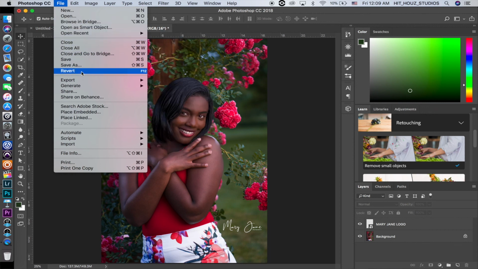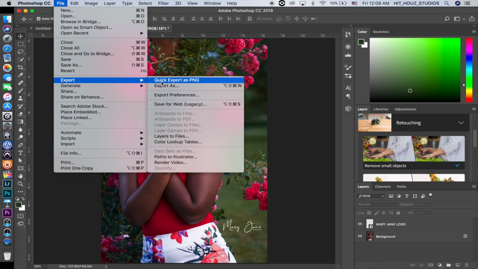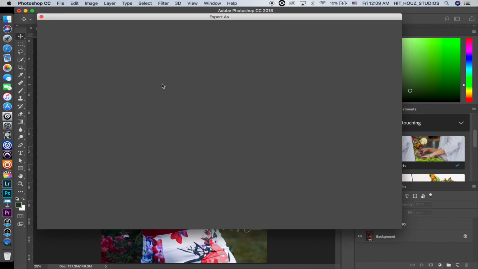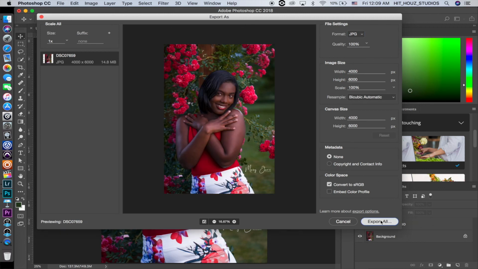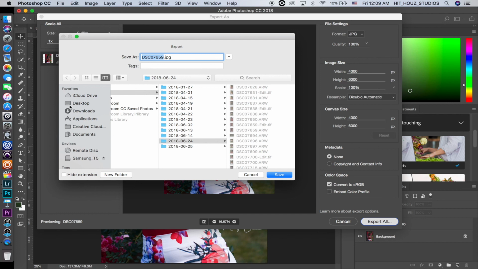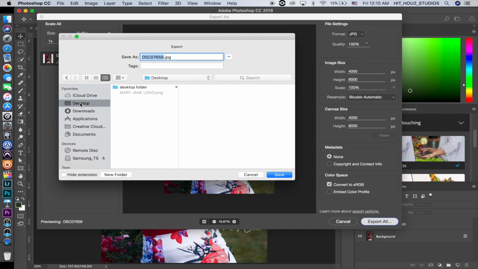So we're going to export this photo to the desktop, but this time not as a PNG. We're gonna go to Export As. We're gonna come over here to the top right where it says Format. We're gonna take it off of PNG and we're gonna put it on JPEG. Then we're gonna come down here to Export All. And then we're gonna choose our location where we want it to go, which I like the desktop, so we put it on desktop. And then we name it. Let's just name it Mary Jane Photo,